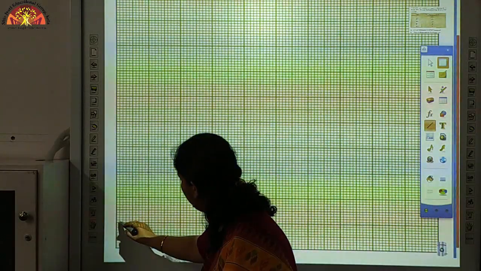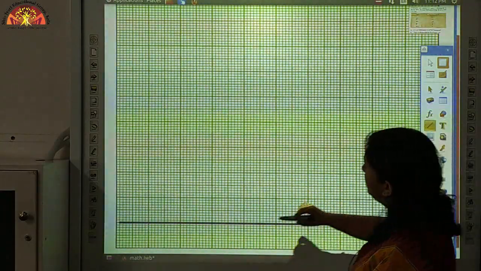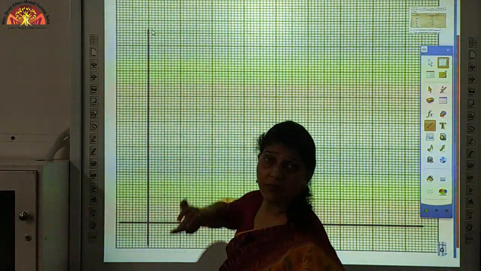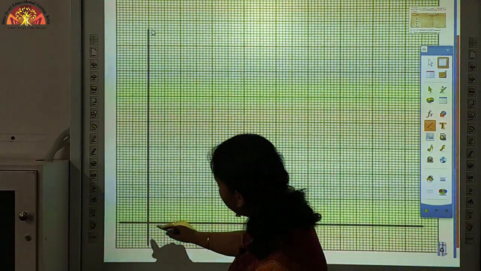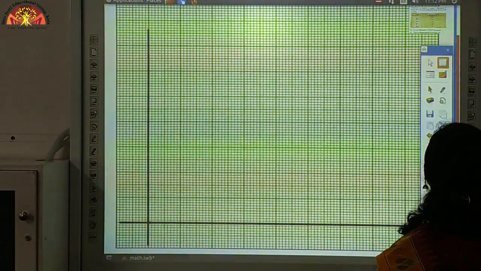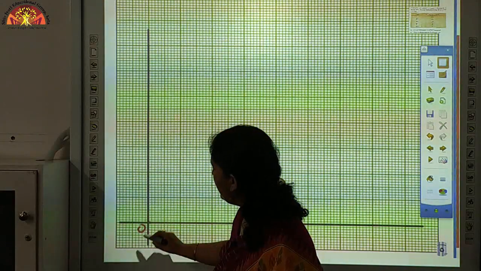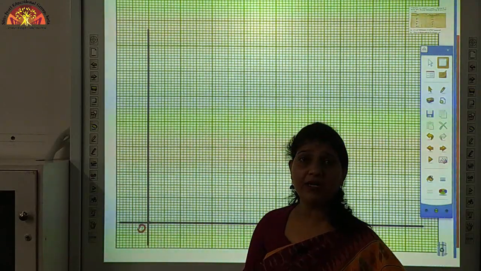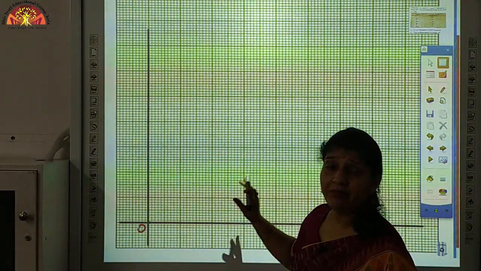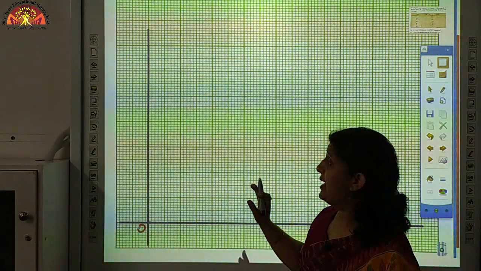you have one horizontal line and one vertical line, and we draw these lines perpendicular. After that, where these two lines meet, this is the origin of the graph. What is this here? The origin of the graph, and we mark it by O. Now students, in the graph,